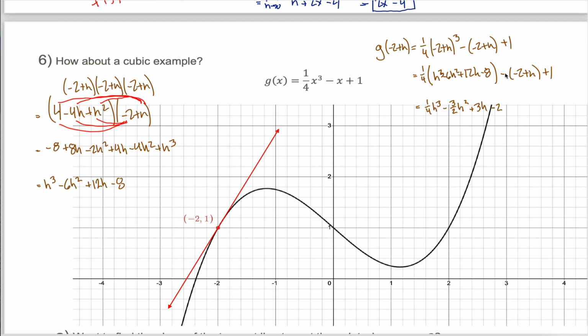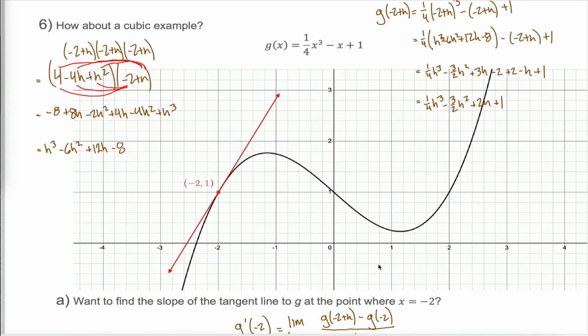To get rid of these parentheses, I take the negative 1 and distribute that through. So I get plus 2 minus h, and then I still have this plus 1 out here. Combine like terms one last time. I got 1/4 h cubed minus 3/2 h squared plus 3h minus 1h, so plus 2h. Negative 2 plus 1, in other words, plus 1. When I put negative 2 plus h in, 1/4 h cubed minus 3/2 h squared plus 2h plus 1 comes